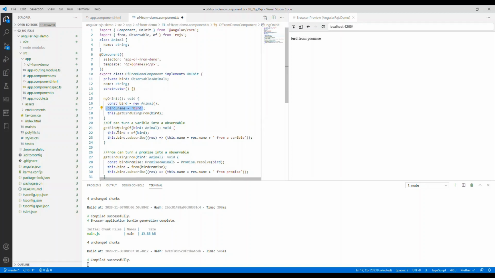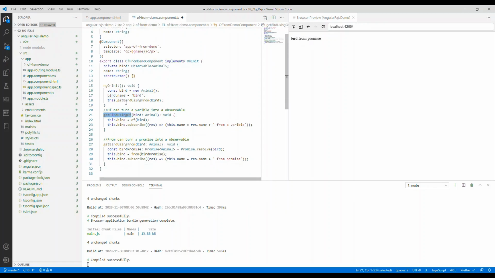Here in getBird using of, the of operator passes in the instance of the animal, and then we say this.bird is equal to it. You can see this.bird is an Observable<Animal>, so it's an observable. We can turn this variable into an observable by using the of operator, and this of operator